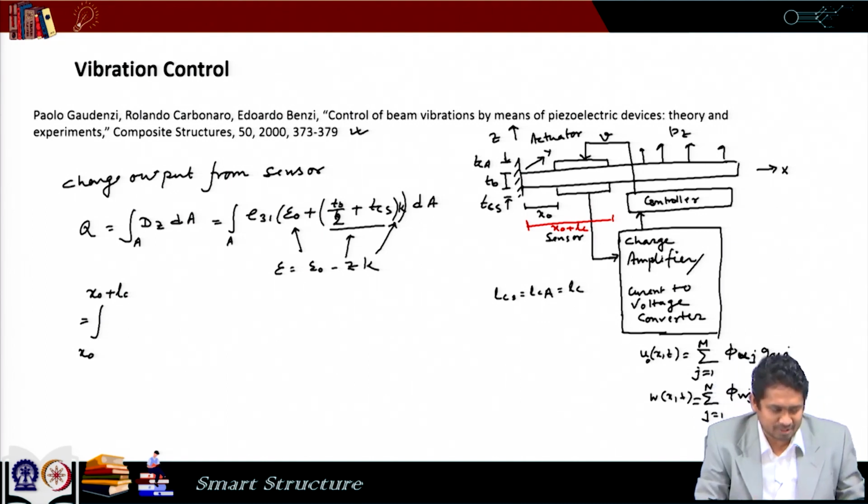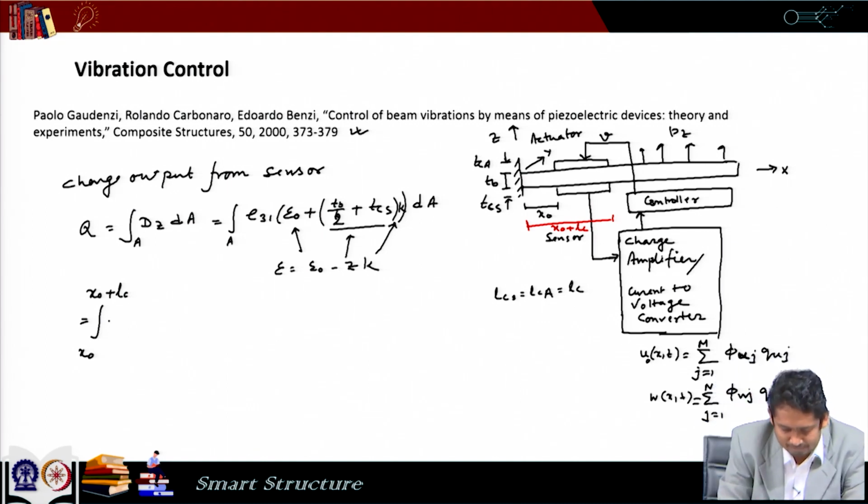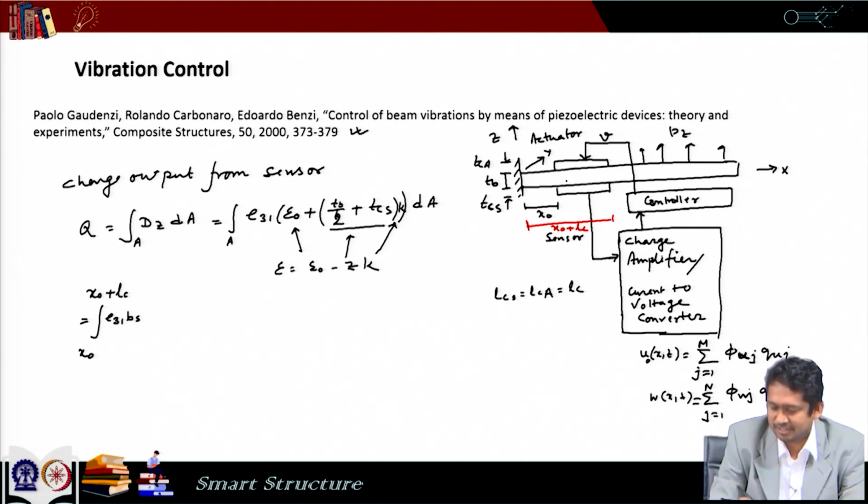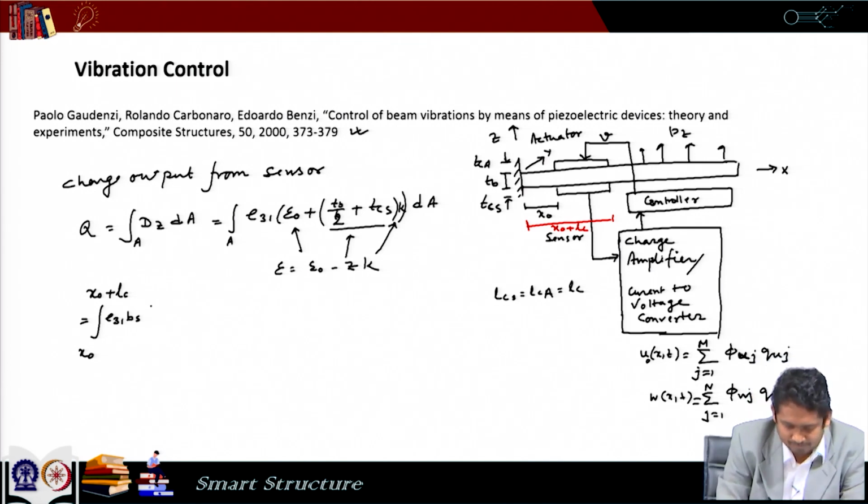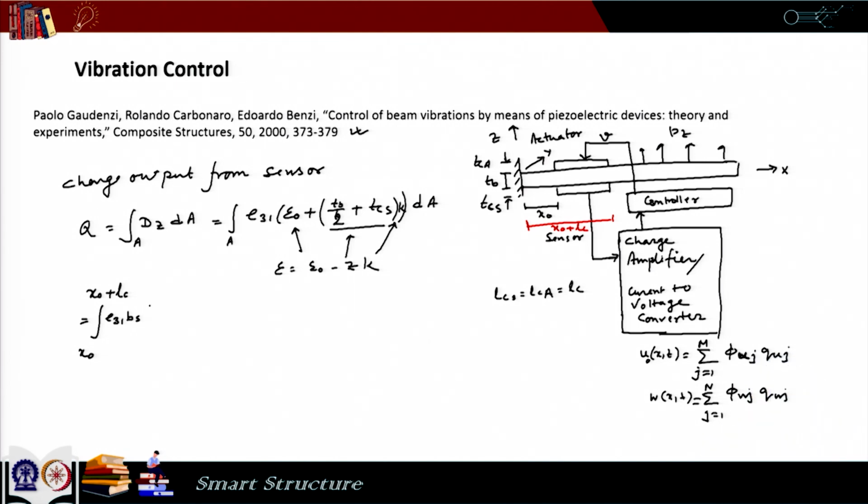So, with that approximation this expression can be written as E31 multiplied by Bs, where Bs is the width of the sensor, and then we multiply this row vector phi_u1(x) to phi_um(x),